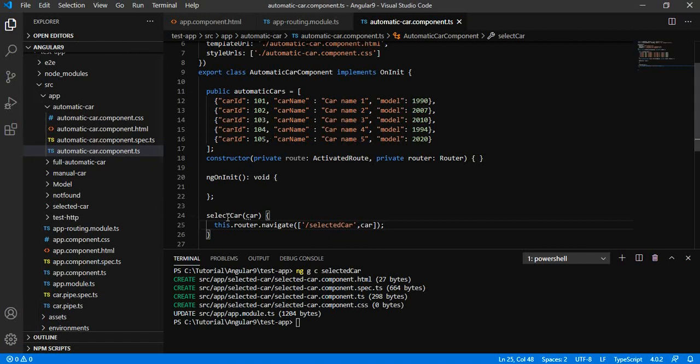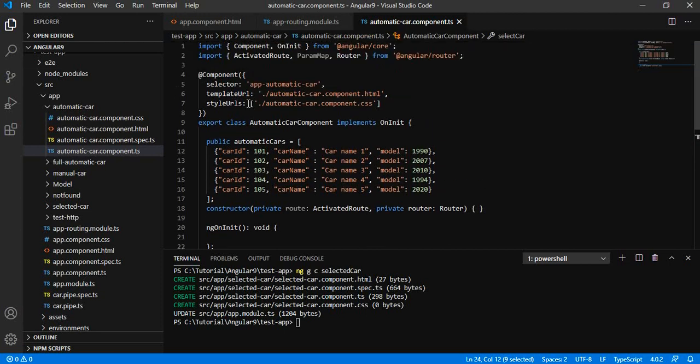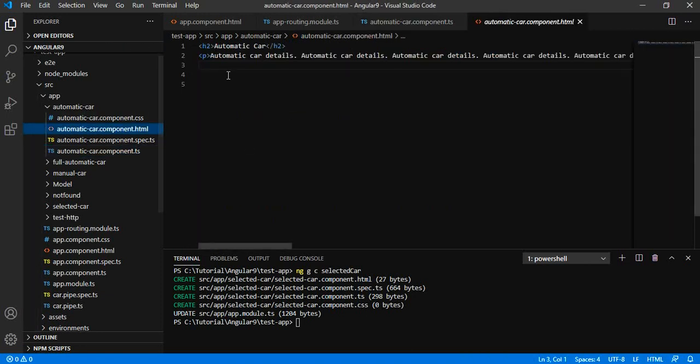Let us try to add this method on our HTML view with some logic. We have automatic cars. So right now we are just printing the details.